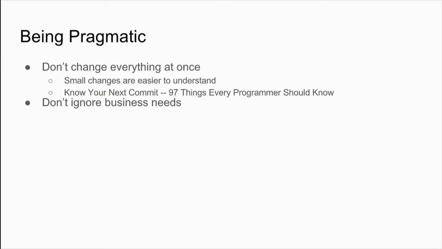But the last thing I want to leave about the philosophy part of this is you've got to be pragmatic about what you do. So let's say your team decides we want to add 5% test coverage and we want to fix all of our style guide problems that we've run into. It's great, applaud you, but don't do them at the same time. Break them into 2 separate commits, 2 different reviews.